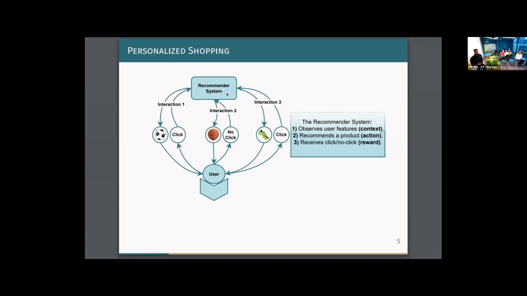So in research in this area, we call these kinds of problems off-policy learning, and it's basically learning when we have an interactive system that operates in the following manner. First, we have an agent that observes a context. In the case of recommendation, we observe user features. Then the agent takes an action. In the context of recommendation, we recommend a product. And then the agent receives a reward that tells the agent whether the taken action was good for that context. In the case of recommendation, we receive a click, no click indicator